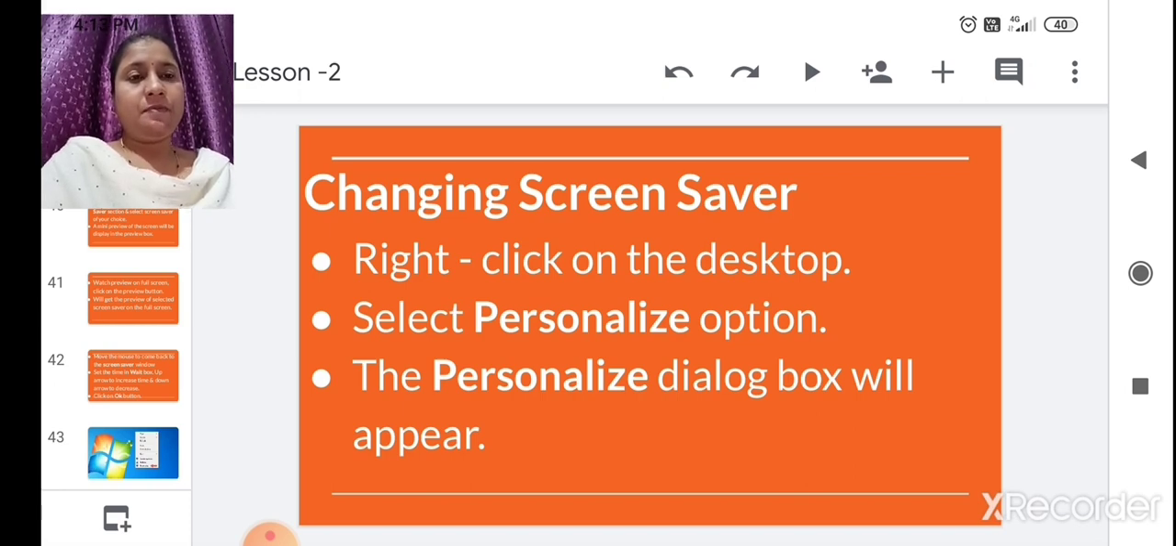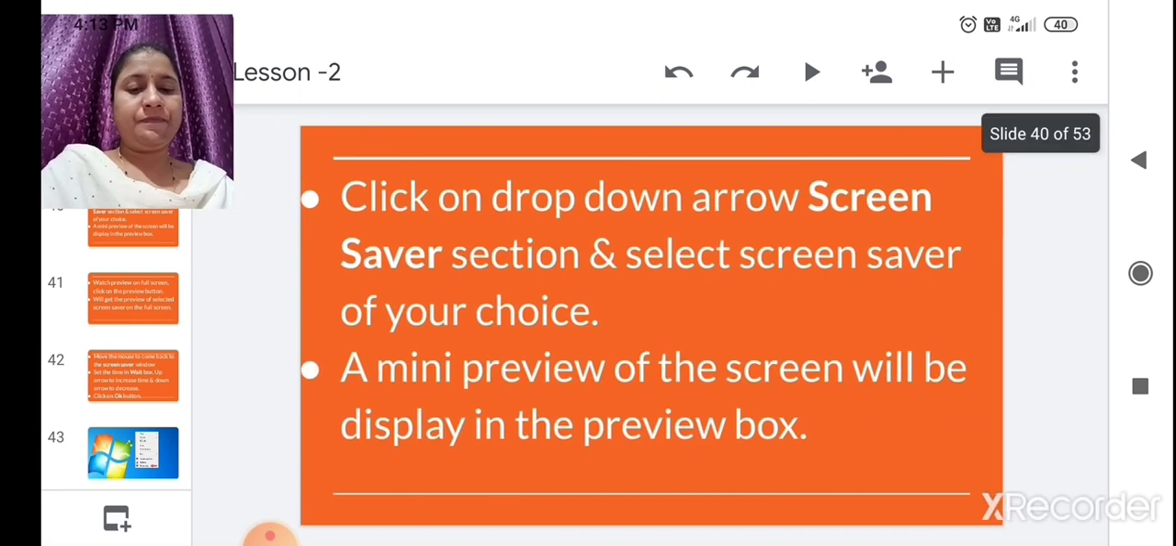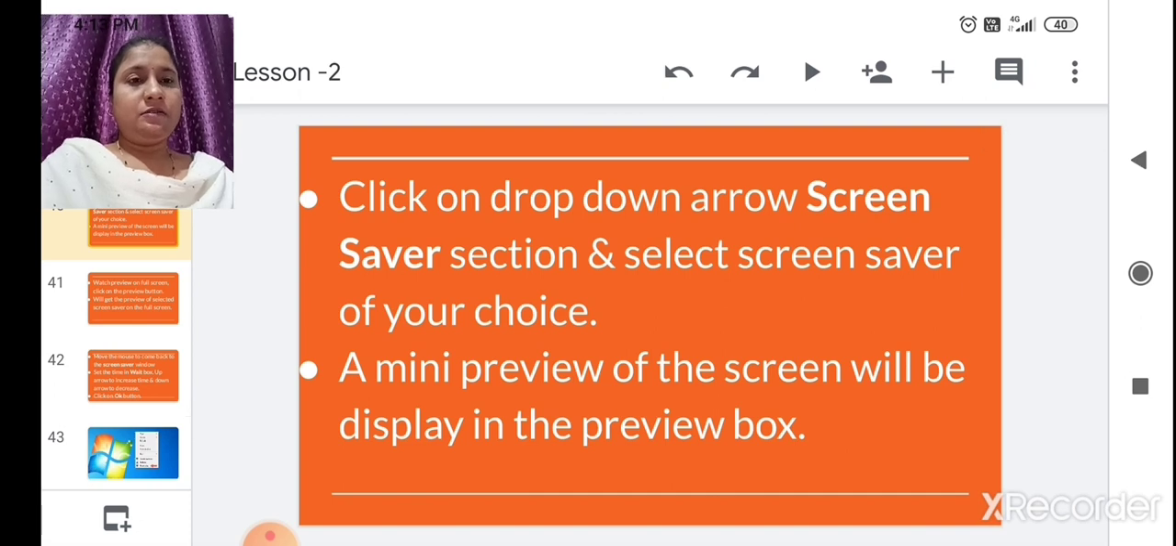In that, the personalize dialog box will appear. After clicking on personalize, the personalize dialog box will appear. So click on the drop down arrow in the screensaver section and select a screensaver of your choice. After the personalize box appears, there are lots of options, and one of them is screensaver. You have to select the screensaver section, and from the screensaver you have to select any photos of